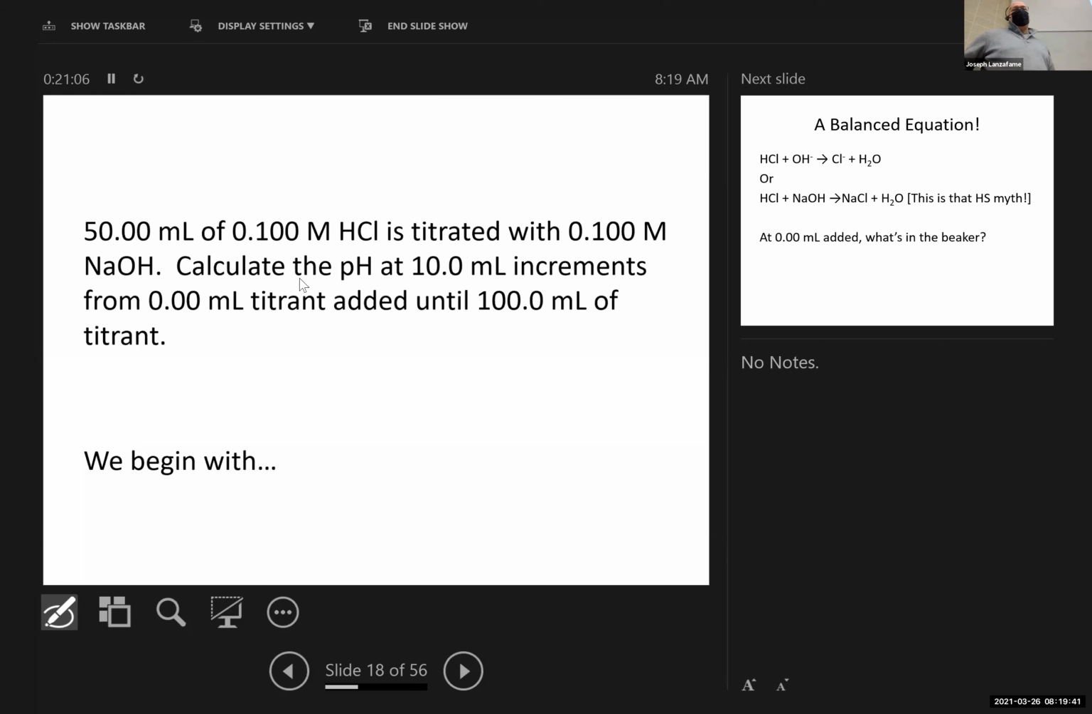And so to that end, I'm going to start with 50 milliliters of the strong acid, and then I'm going to gradually add NaOH to it and see what happens to the pH. Right. Again, as I'm fond of doing, HCl is obviously an acid, NaOH obviously a base, NaOH also